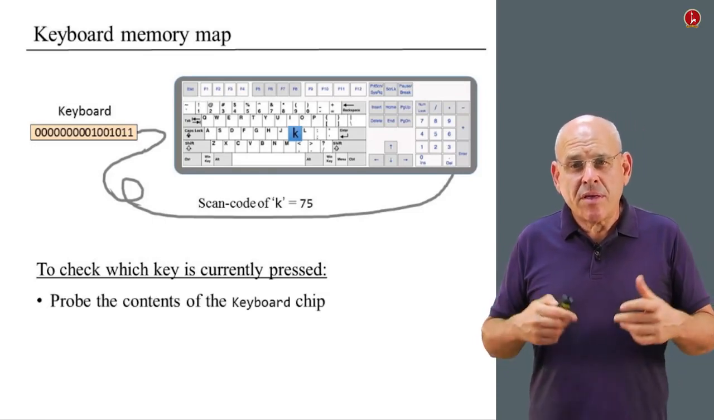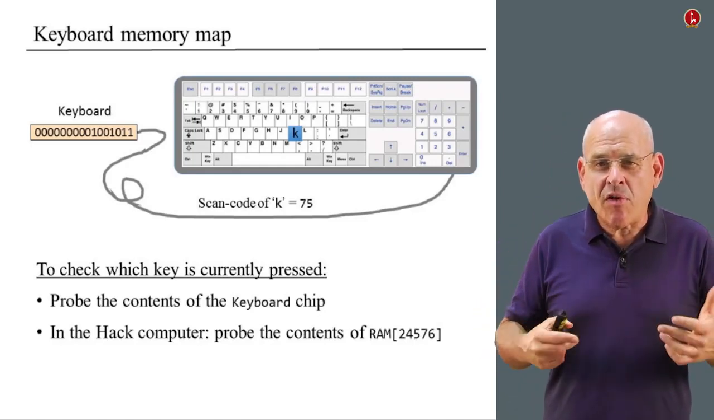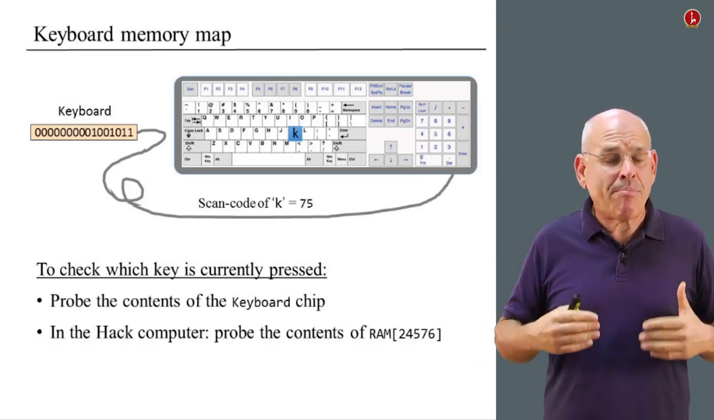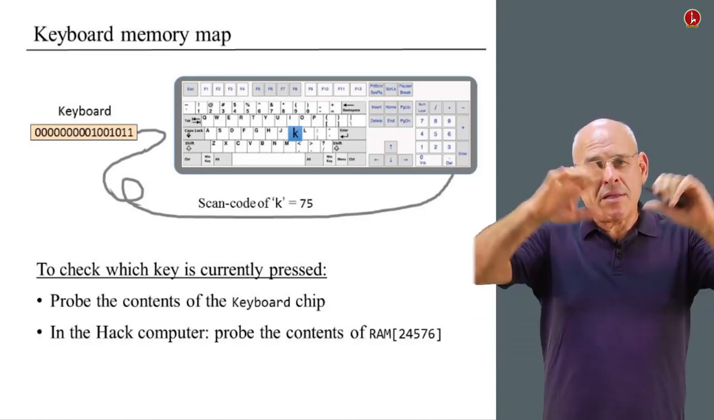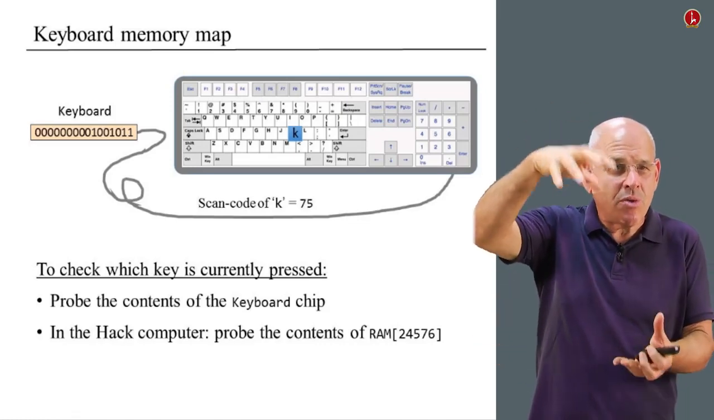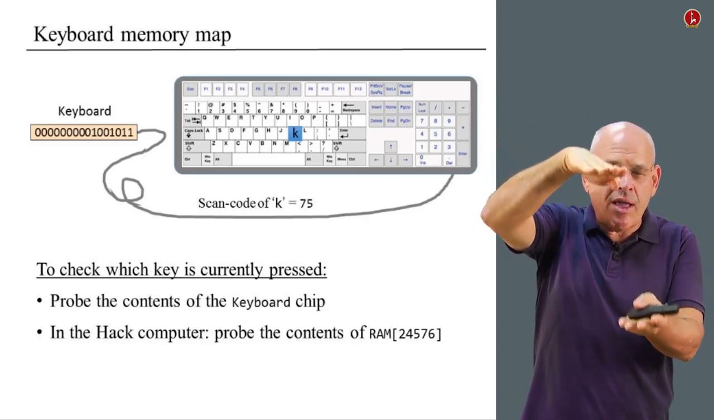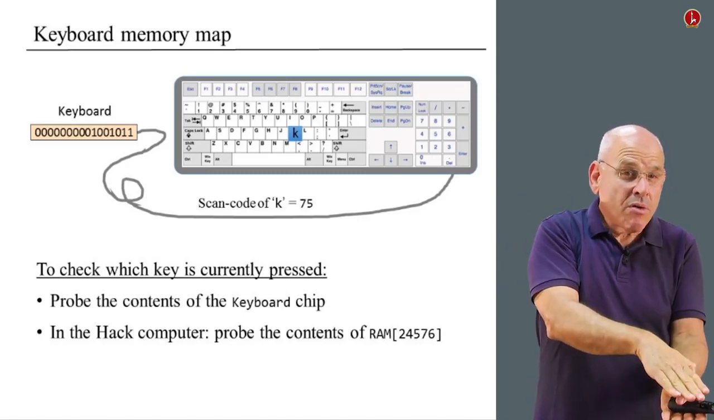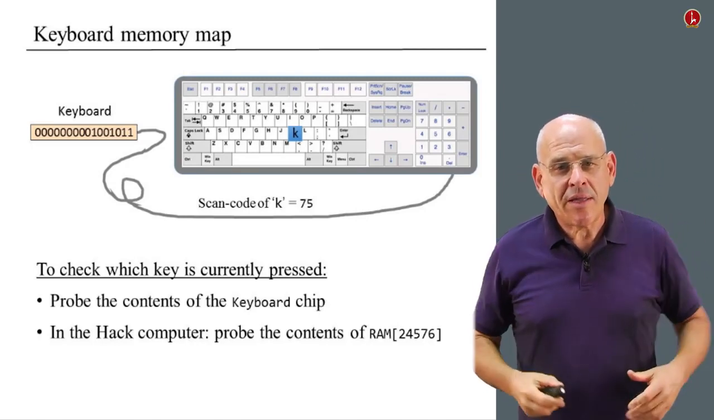In the Hack computer, we probe the contents of RAM at address 24576 because this is where the keyboard memory map happens to reside. That is, when we build the overall computer next week, we're going to connect several chips together. We're going to begin with some regular memory units, then add the screen memory chip, and finally add the keyboard. And the keyboard in this overall address space is going to be located at address